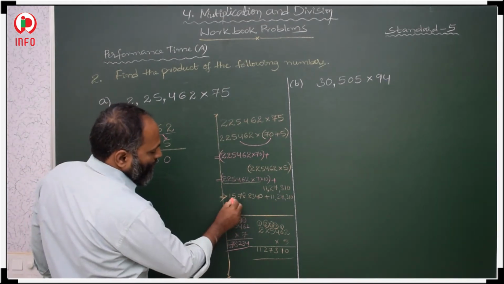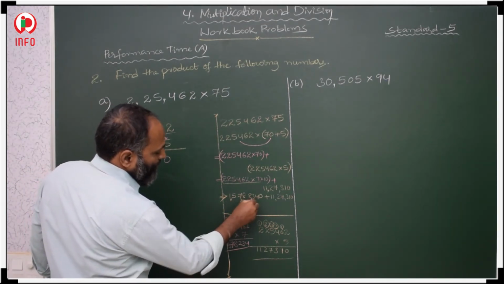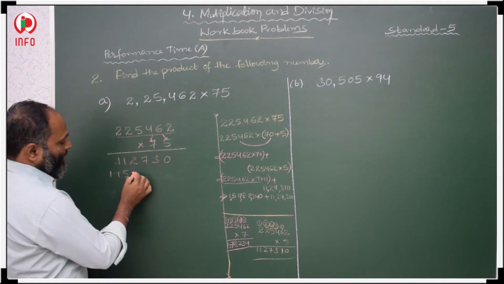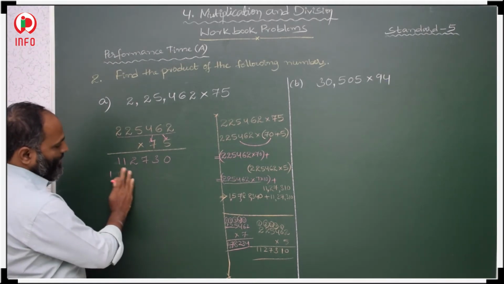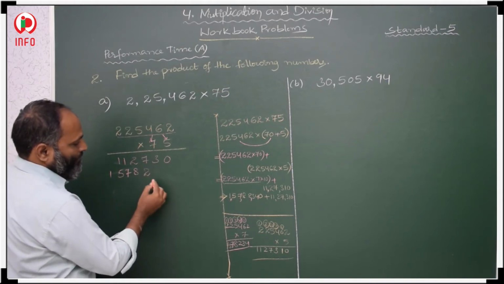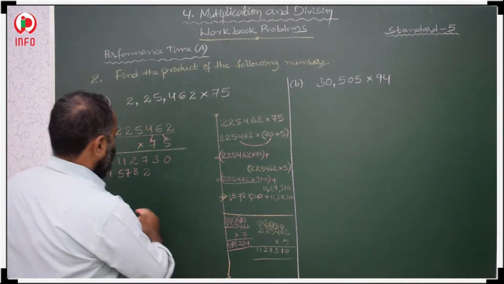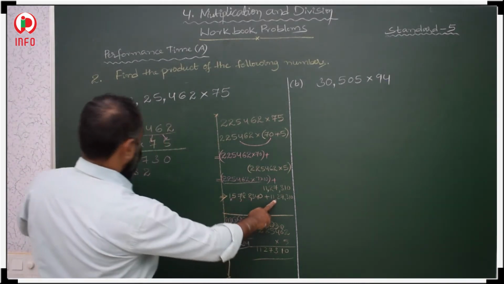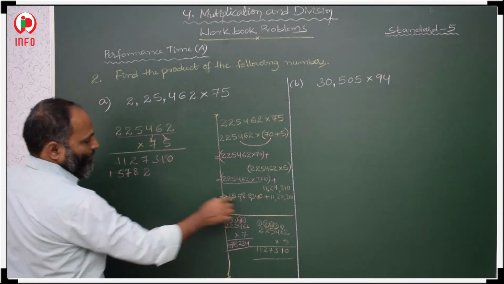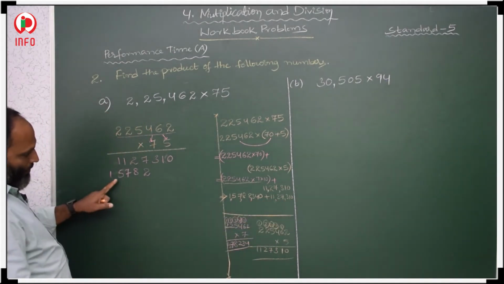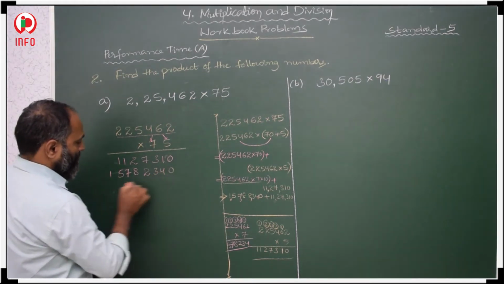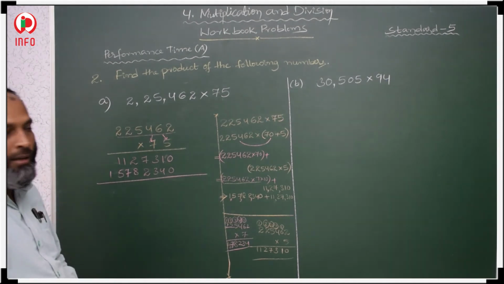The commas: 1 crore 57 lakhs 82,000. 1 crore 15 lakhs. 1 crore 57 lakhs. 57 lakhs 82,000. So here first what is that? Here 11 lakhs 27,310. 310 here. We missed this one. 1 crore 57 lakhs 82,340. 340. Now we have to add